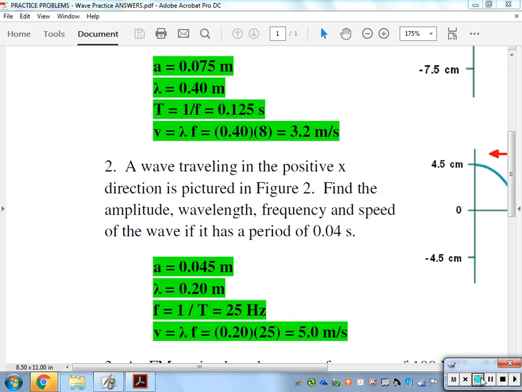Hopefully, I think you're finding number 1 pretty straightforward. And number 2, there's never a whole lot of complications to it, but you were not given the frequency, you were given the period. And so in order to find that, just remember, we just have to rearrange that period equation to solve for the frequency. And then once we have wavelength and frequency, we should be able to figure out wave speed pretty easily. Okay, any questions on these? I know that the math is hopefully pretty straightforward, and we've got our units together. Any questions? All right, good stuff.